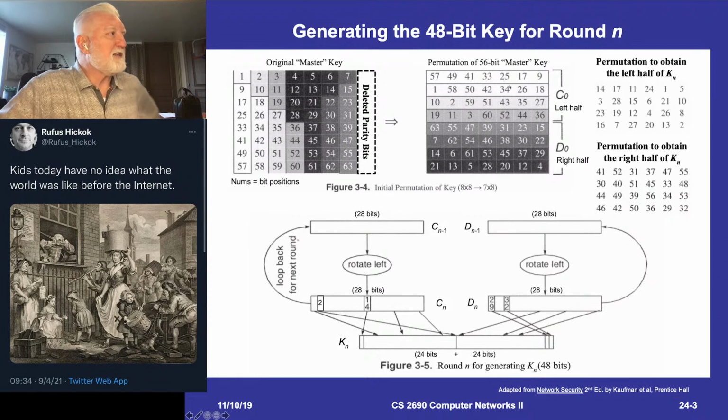So the way to look at this is we've just applied the original master key. We now have C0 and we have D0. So that would be C0. So when 0 is n minus 1, then we're trying to now apply,